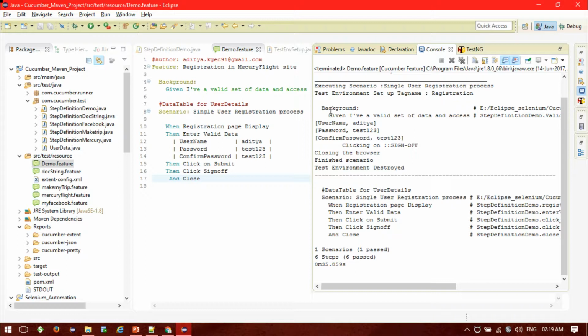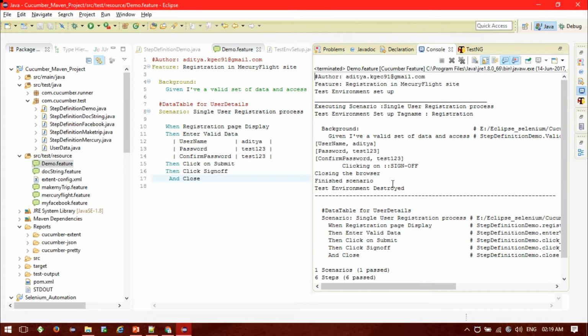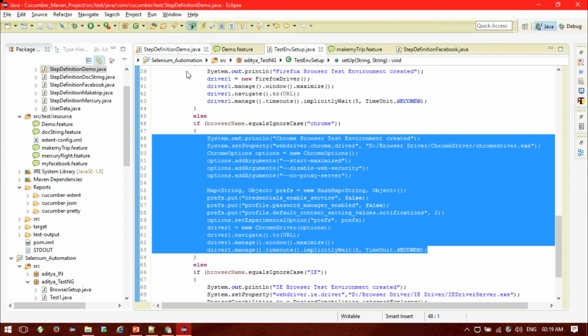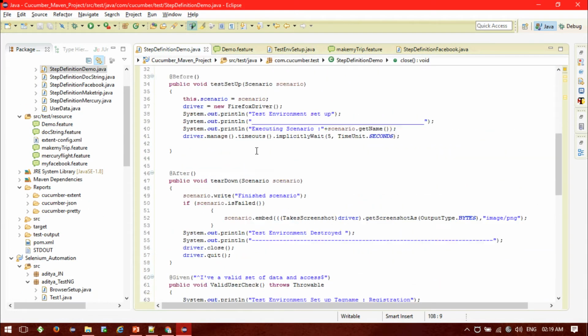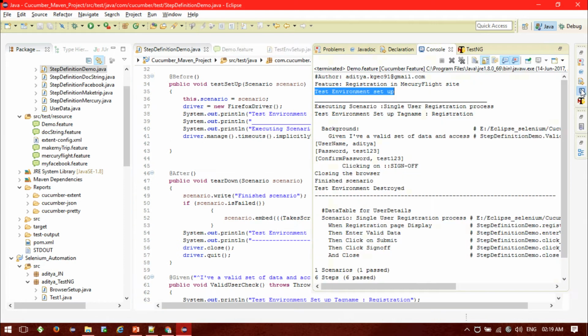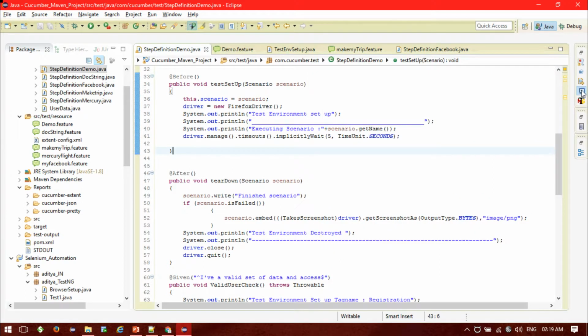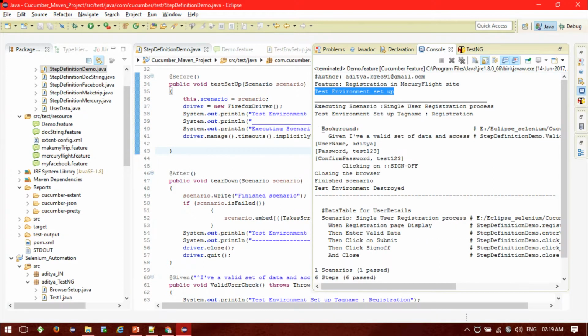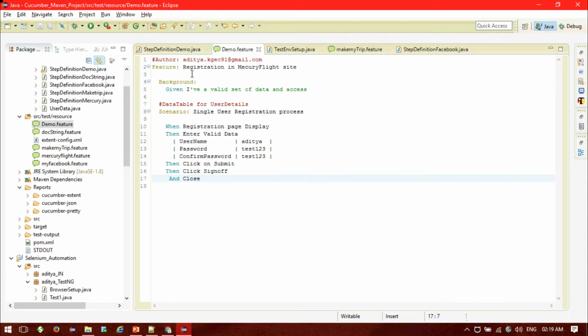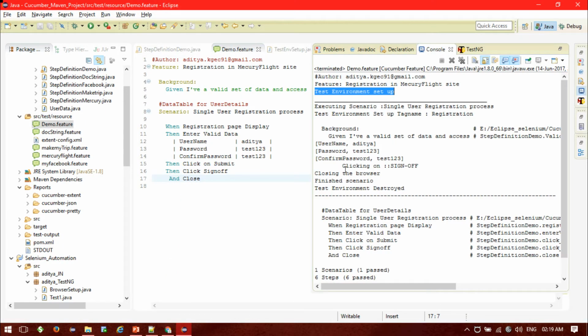So it printed, in the test terminal, first setup, then it printed executing scenario, let me show you first. So it will print the executing scenario single user registration process. The scenario.getName will print the scenario name, and then it goes through all the steps that I mentioned in the scenario itself, and at the end it's printing the last step